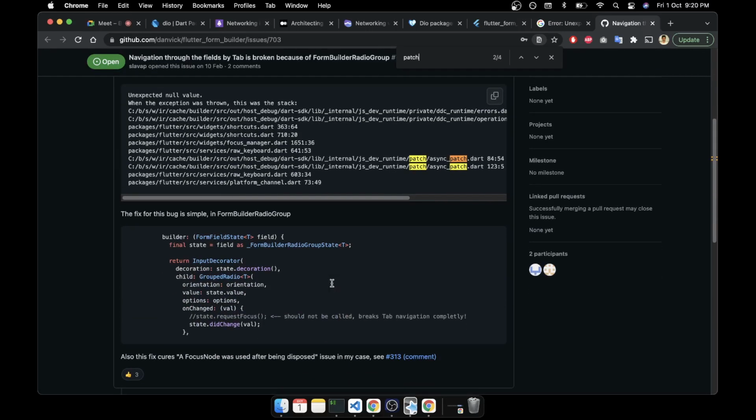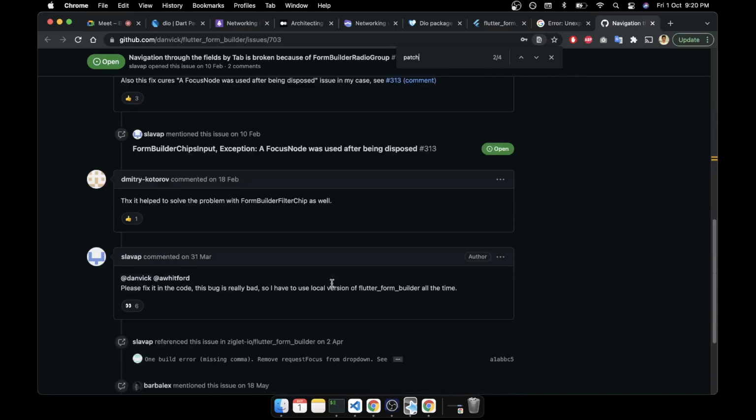Form builder value. Then we were talking about form builder.